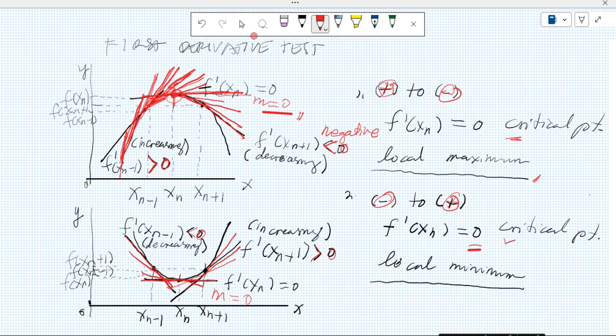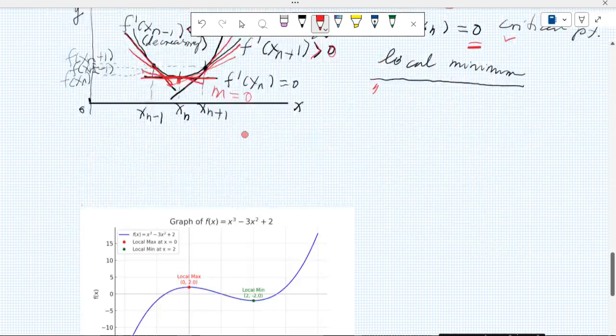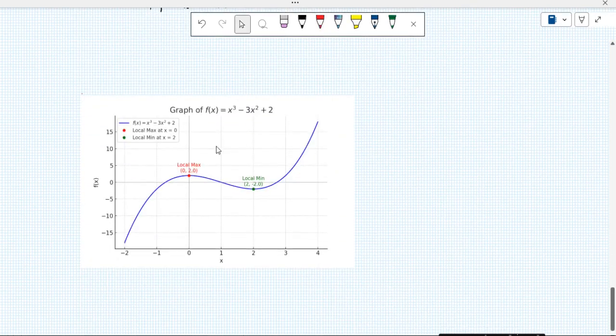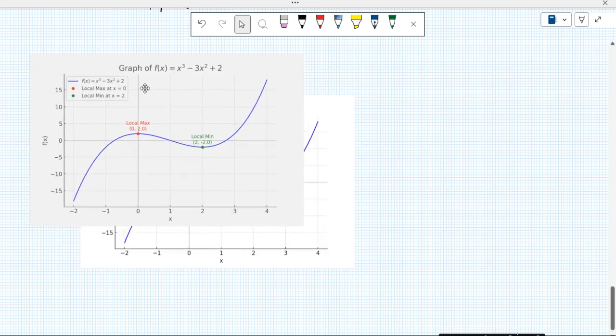And corresponding to the critical point, we see that every point is above the local minimum. Hence, we have a local minimum in this region. So all we need to do is set the first derivative to 0. So let's have a specific example. Here we have the graph of x cubed minus 3x squared. Now all we have to do is